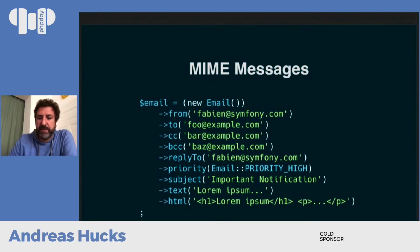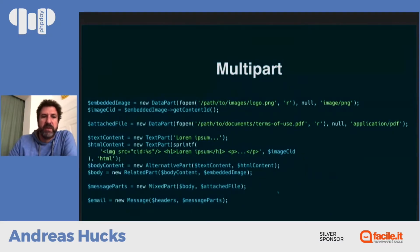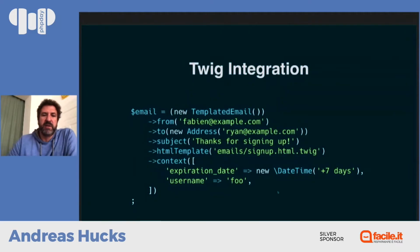Also, we have multi-part stuff. Of course, this is the high-level API for multi-part messages. It's also possible to assemble your messages individually with files, individual parts, and so on. But it's a lot of code, not something that you need to read right now. It's just so you know you can do that. But usually you are going to use the simple high-level API, and one of those